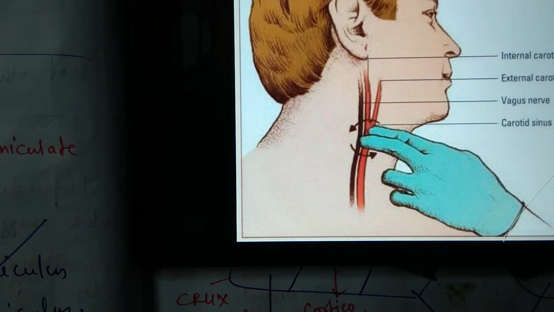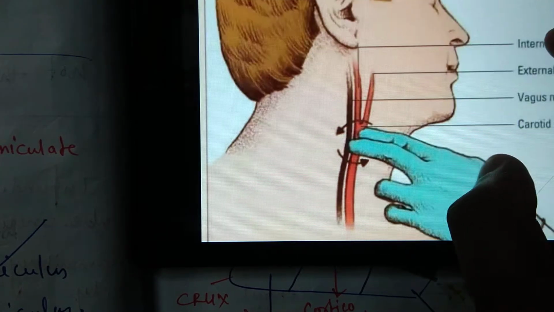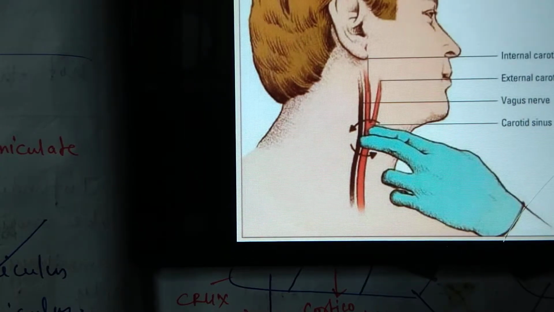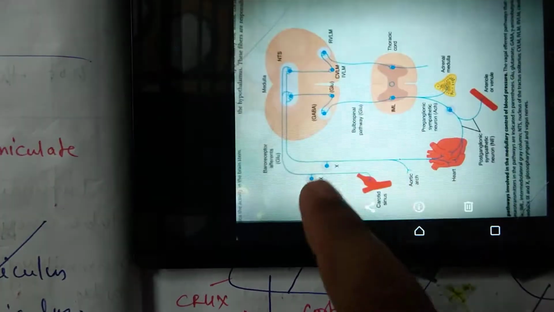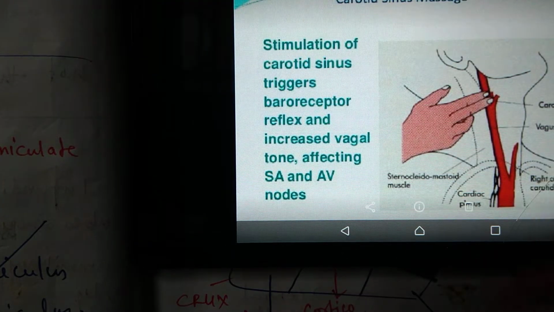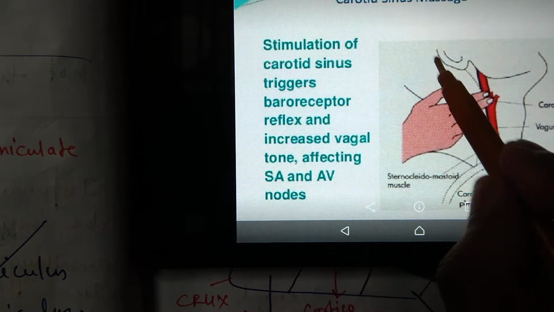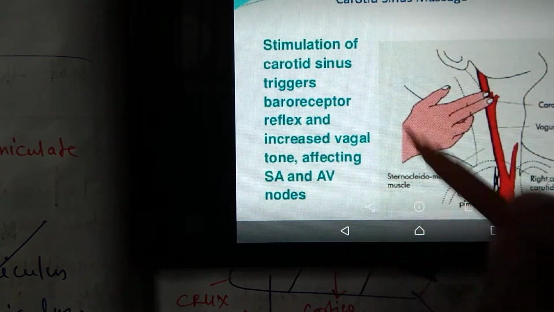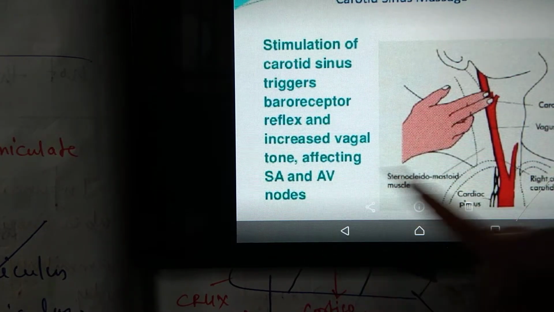Now look at this clinical application. What is this? This is actually carotid sinus massage. You are giving a gentle massage to the carotid sinus. Yes, gentle massage to the carotid sinus. Then what happens? Look, stimulation of the carotid sinus triggers the baroreceptor reflex and increases vagal tone, affecting SA and AV